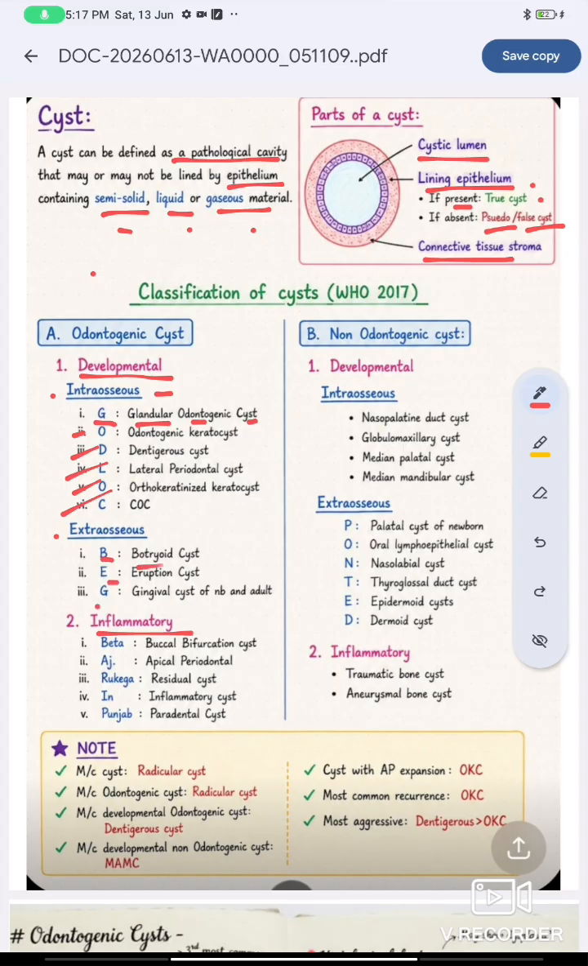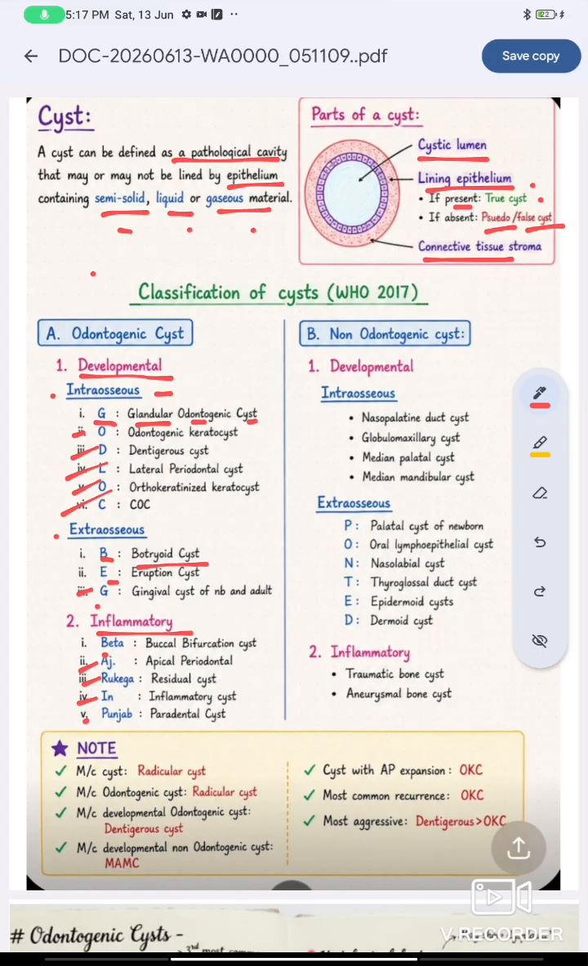Next we have the extraosseous developmental cyst, which can be remembered by the mnemonic BEG, B-E-G. B for botryoid cyst, E for eruption cyst, and G for gingival cyst of newborn and adult. Next we have the inflammatory cyst, for which we have to remember the line "Beta aaj rukega in Punjab". B for buccal bifurcation cyst, A for apical periodontal cyst, R for residual cyst, I for inflammatory cyst, P for